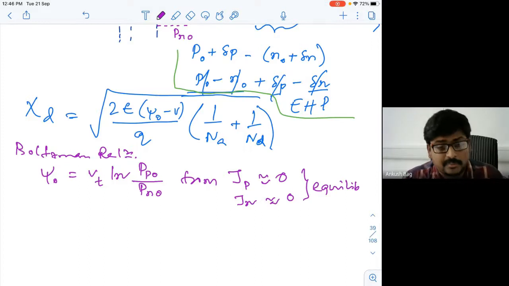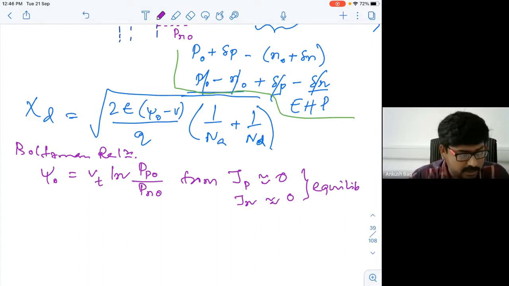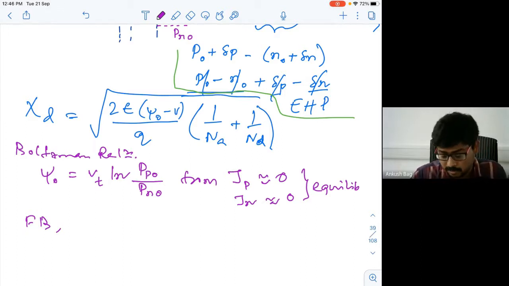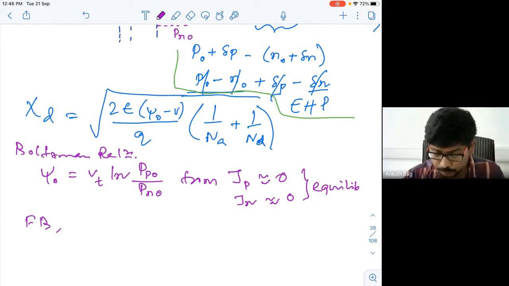So now under this forward bias condition, where we have this quasi-equilibrium concept, whether this condition is still valid, or what is the change that we need to consider. So this is under equilibrium condition, and now under forward bias condition, with just a small forward bias voltage applied across the PN junction, what will be the change in the concept that we will see.